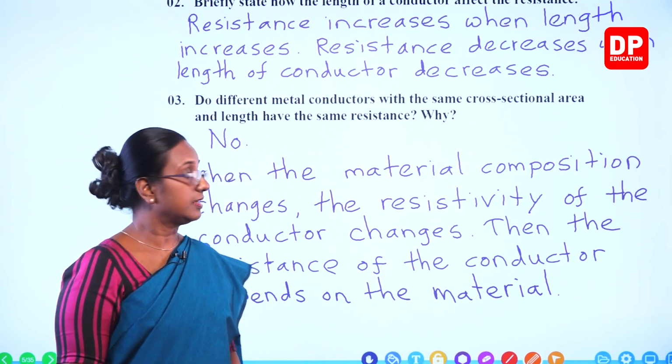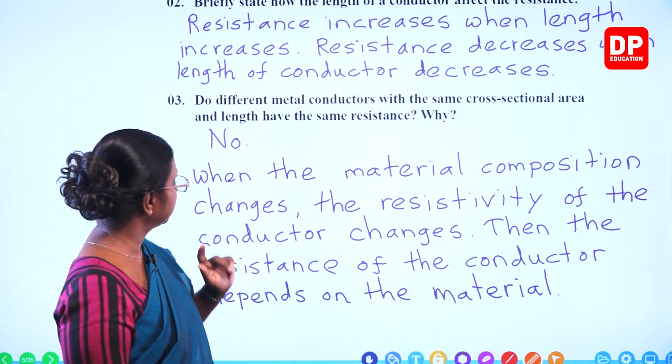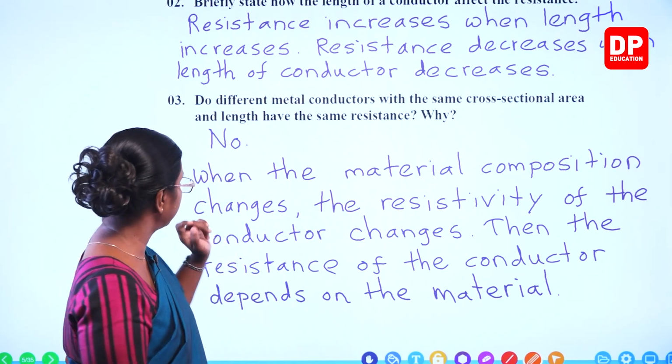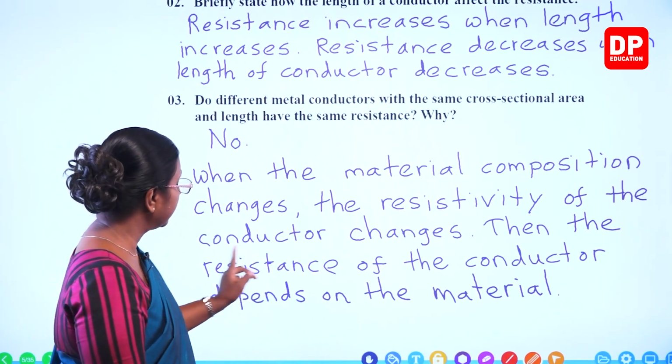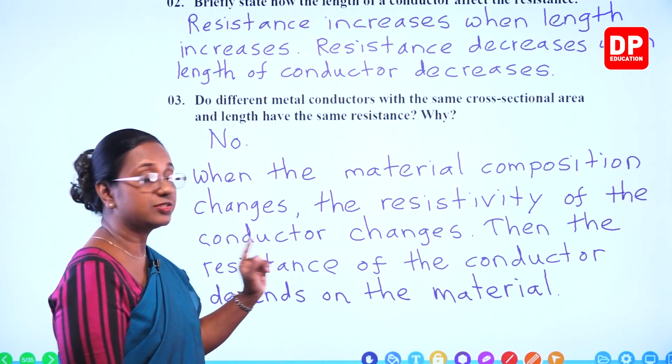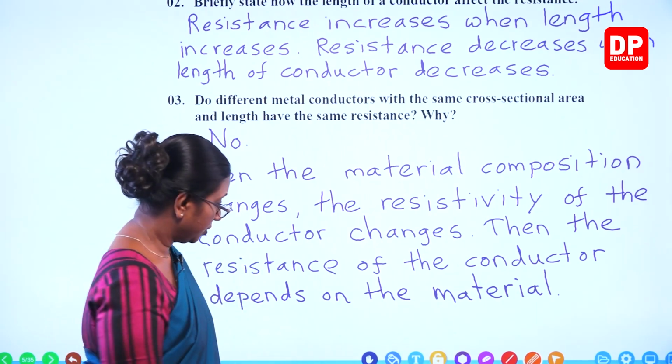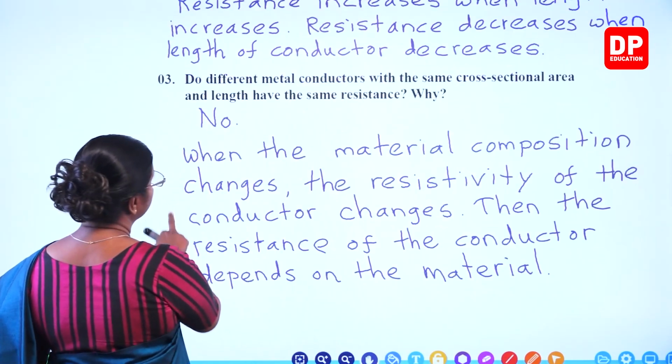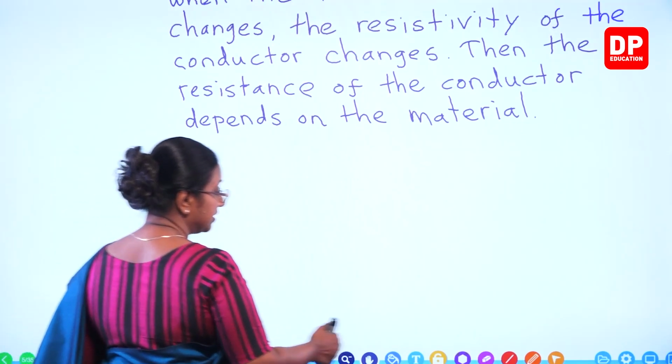So that is the reason. When the material composition changes, the resistivity of the conductor changes. Then the resistance of the conductor depends on the material. So you can remember that, students. We did this activity